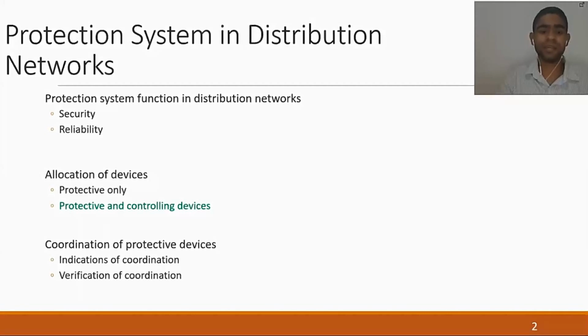We can estimate the reliability indexes during the planning phase. However, we can do so only if we can guarantee that the protective devices would operate in a coordinated way. To verify coordination, we can rely on indications of coordination, or we can actually verify it using mathematical models. Both methods work when we consider a distribution network without generators.